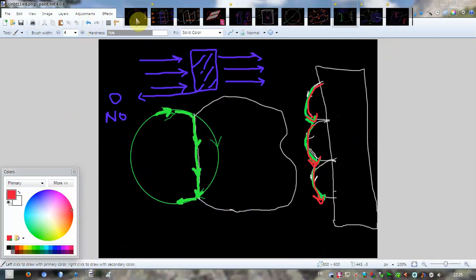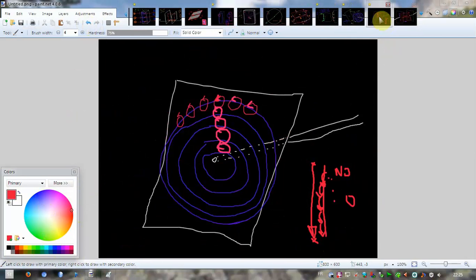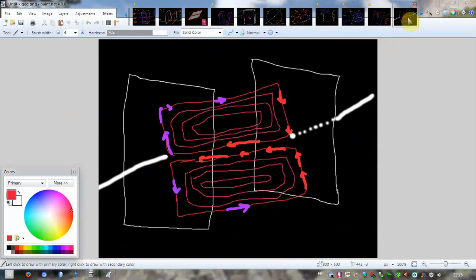Let's see what I am drawing here. This field will, for example, start from this point